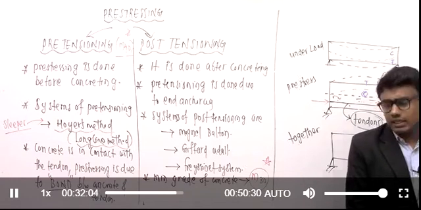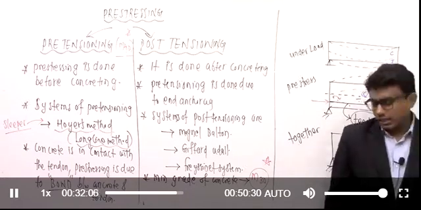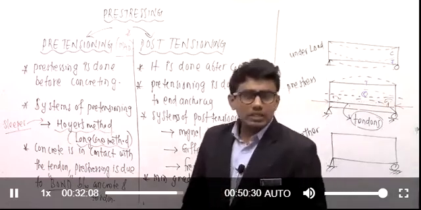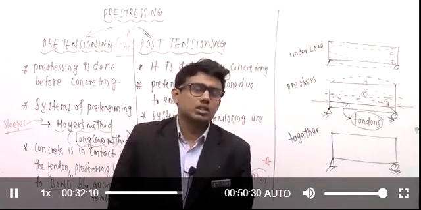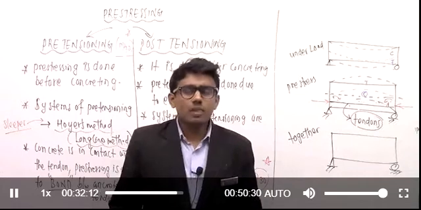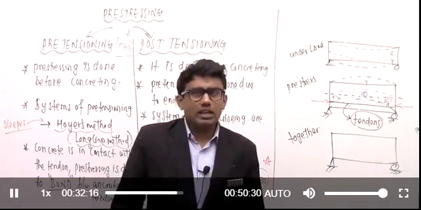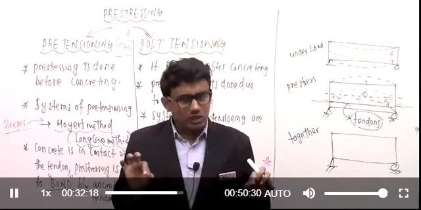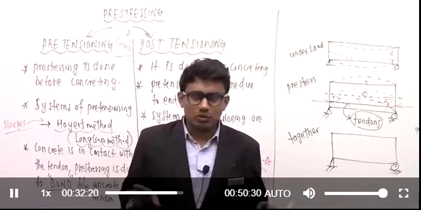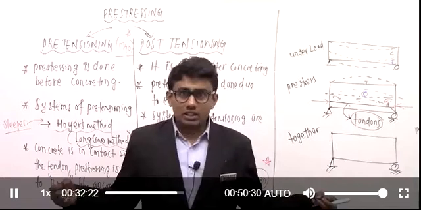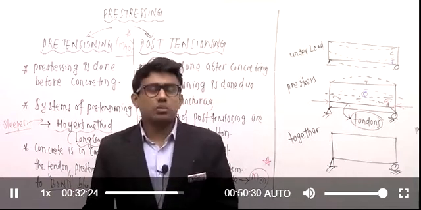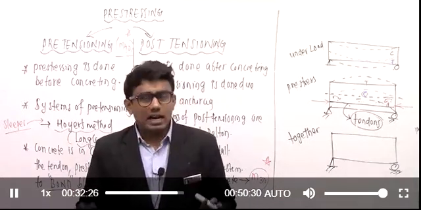See, the reason here is that pre-stressed concrete is not similar to our reinforced cement concrete structures. Here in pre-stressed concrete, we need to use high yield strength bars. Why? Because they have to carry a large force, no? So we have to go for high yield strength bars, and for concrete, we need high grade strength concrete.